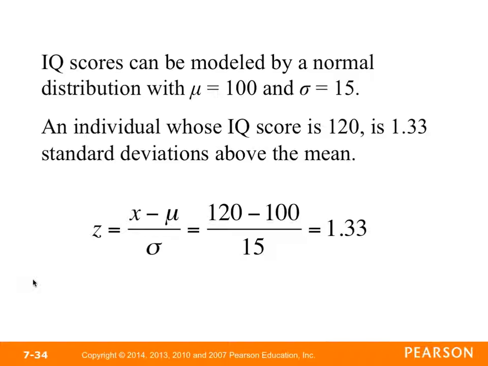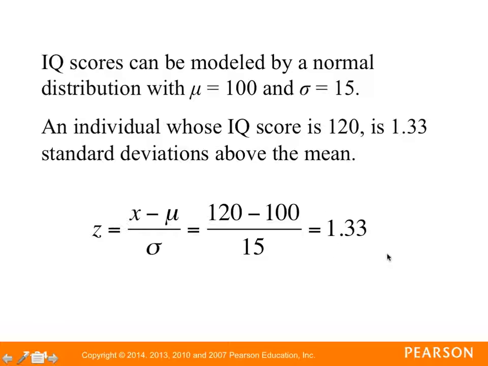So let's look at this example here. IQ scores, this is kind of a nice thing to use with normal distribution. IQ scores can be modeled by a normal distribution where the mean is mu, which is 100, and the standard deviation is 15. So an individual whose IQ score is 120 is 1.33 standard deviations above the mean. And in order for us to get that, we take the 120, which is what we're interested in, minus the mean, which would give us 20, and then divide by 15,